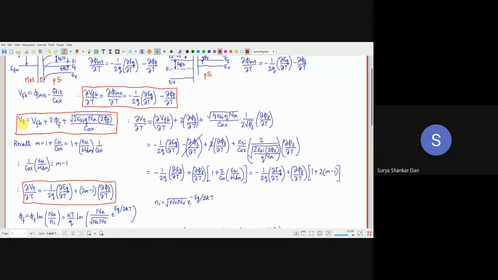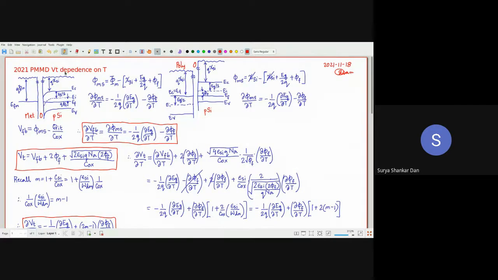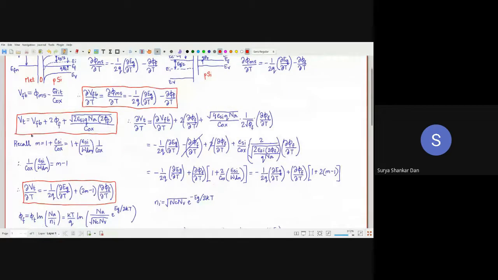So if we want to find out the variation of VT with respect to temperature, so notice here, that is the heading of today's lecture, VT dependence on temperature. So what is the rate at which the threshold voltage will change with respect to operating temperature? What we will see towards the end of this lecture is that this del VT by del T is not something that you can ignore, especially in modern technology. You cannot ignore that. So that means if you know that your device is going to get heated up,